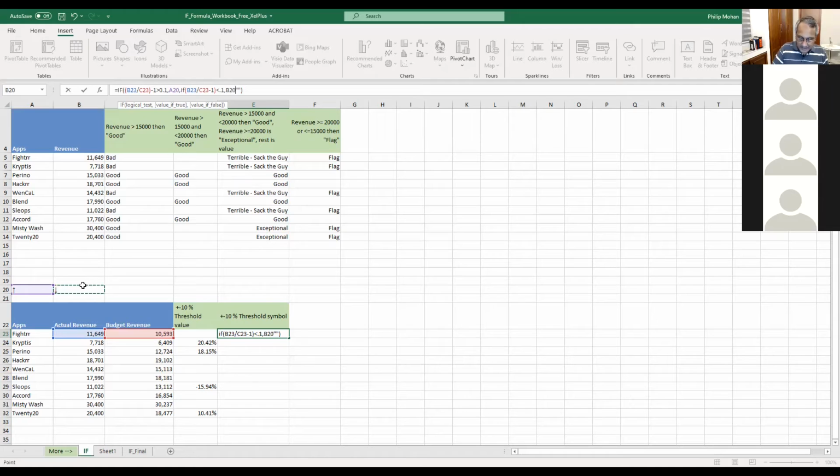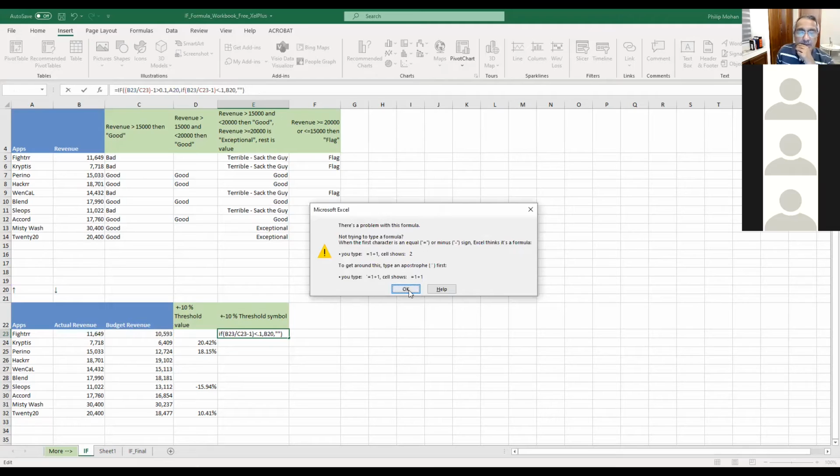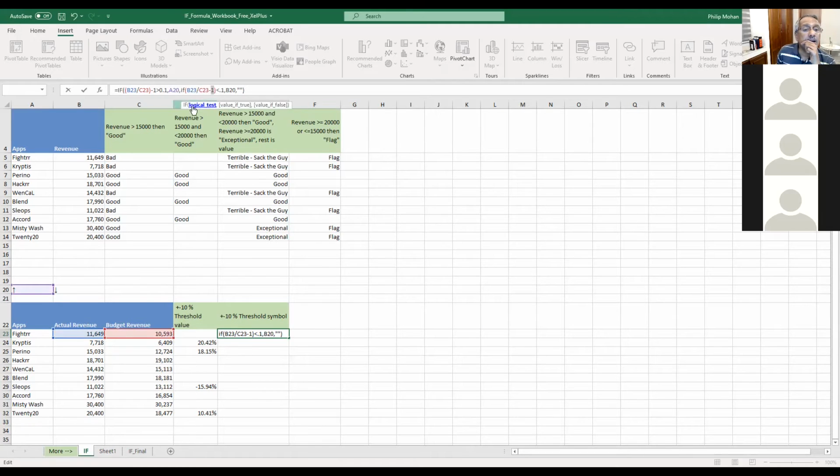If not, we want to say this arrow. Have we closed all the brackets? Seems so. Let's try. No.